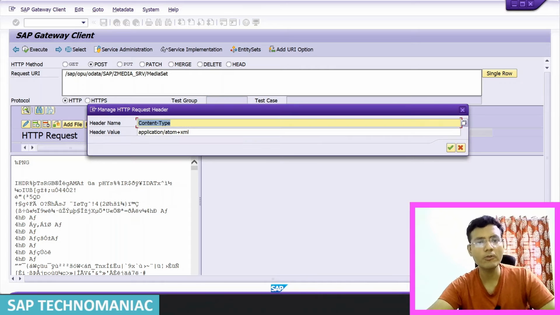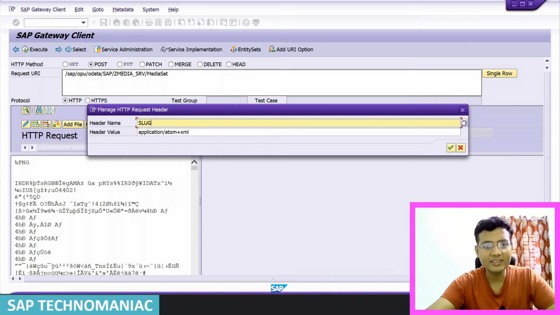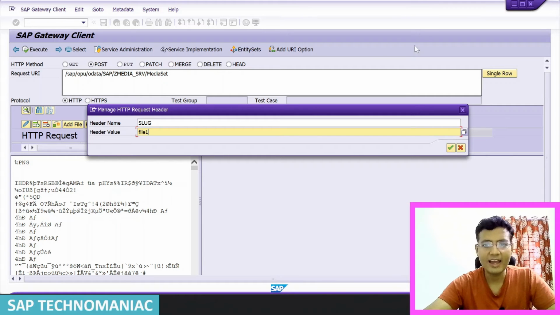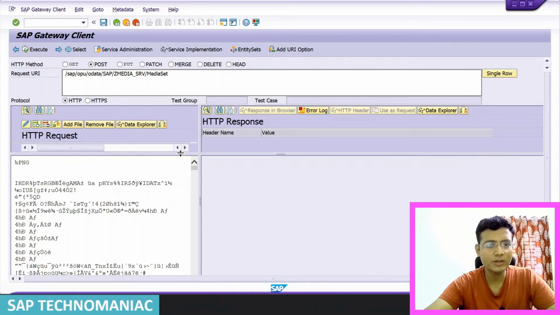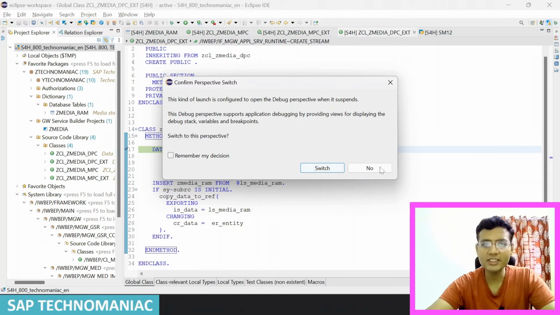We have to add one more parameter, that is the slug variable, slug, and the slug variable name will be file1. I will give the name, and the breakpoint is already there, and the content type is image already there. Let me click on post and let me execute this one. Okay, debugger got triggered. The first time the debugger is triggered, it will ask if you want to switch to the debugger perspective. Yes, I want to switch to the